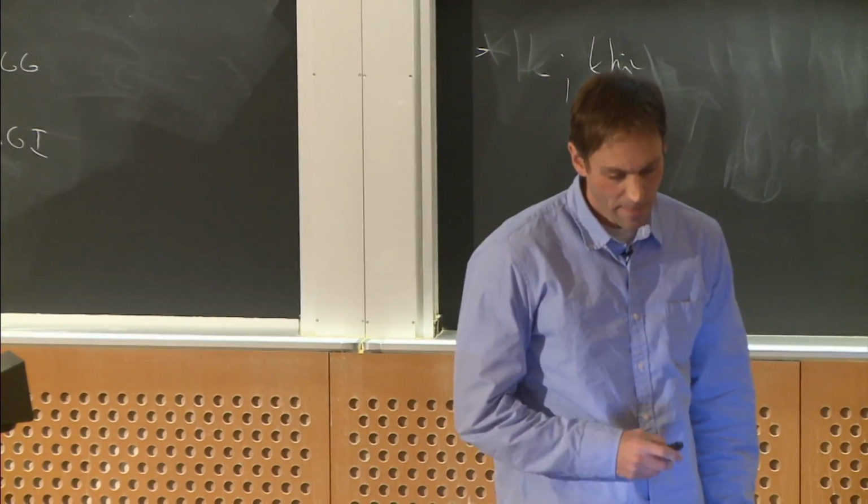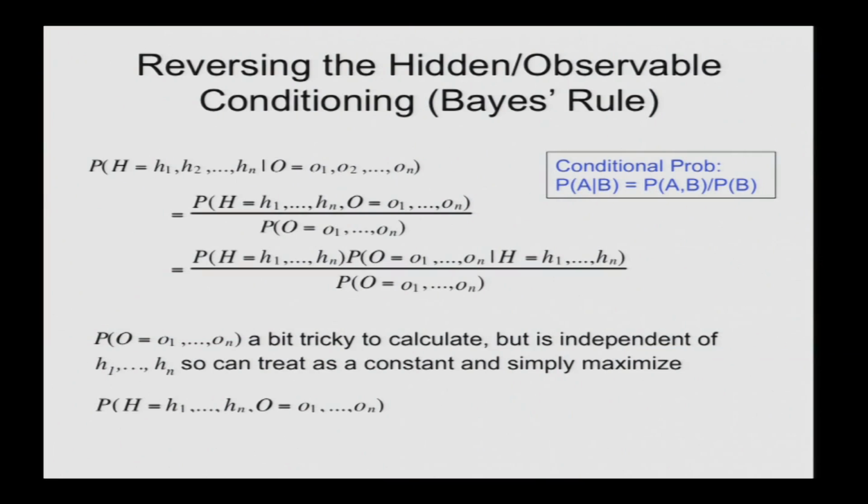All right. So how do we apply Bayes' rule? What we're interested in here is the probability that H, this unknown variable that represents hidden states, equals a particular set of hidden states, little h1 to hn, given the observables little o1 to little on, which is the actual sequence that we see. We can write that using the definition of conditional probability as the joint probability of H and O over the probability of O. And then with Bayes' rule, we just apply conditional probability again. It's PH times PO given H, over PO.